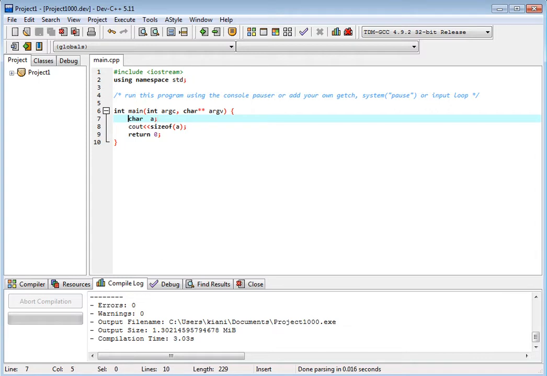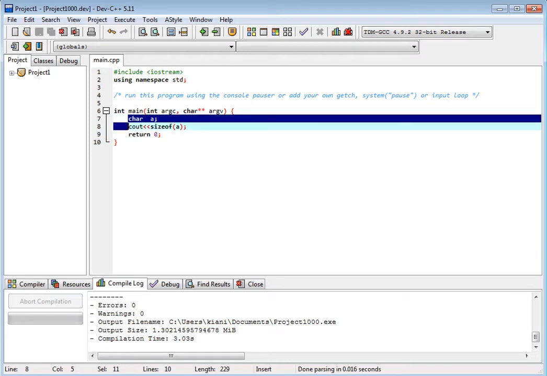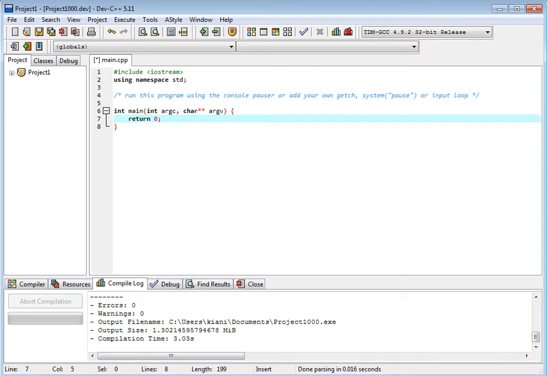We have seen till now how conditions are used, how variables are used, how the switch statement is used, and how we can calculate the size of different variables of different types.